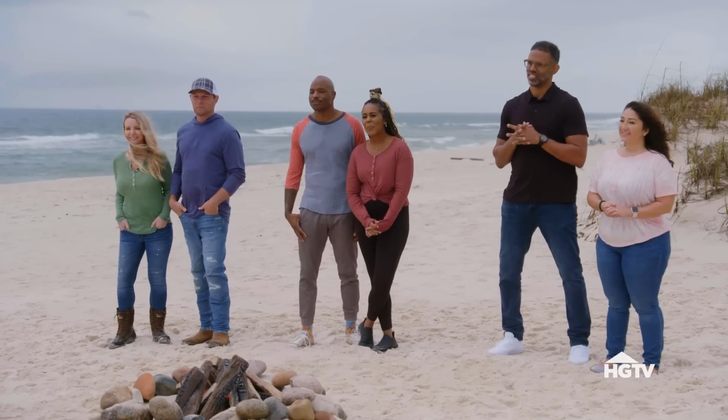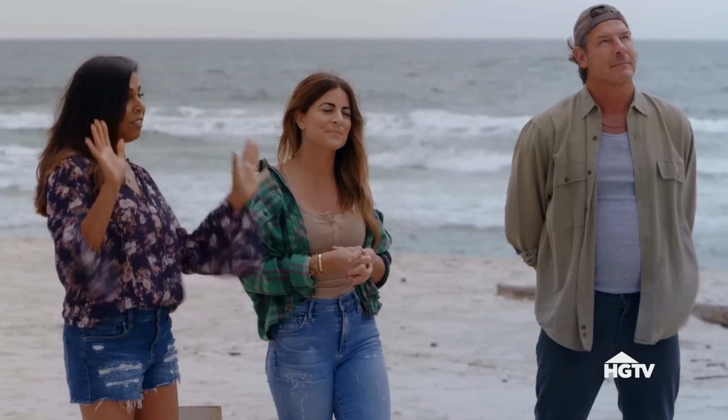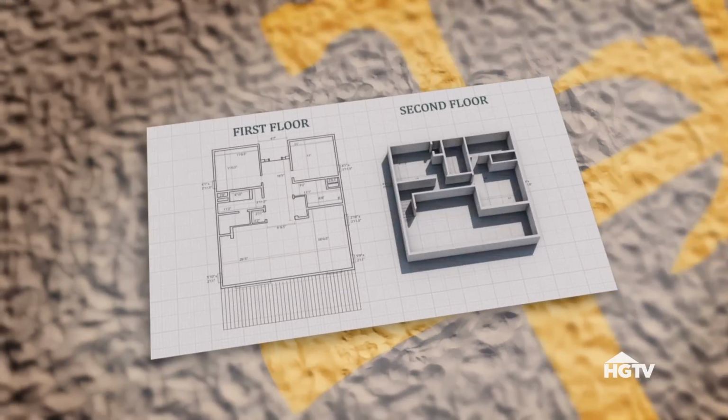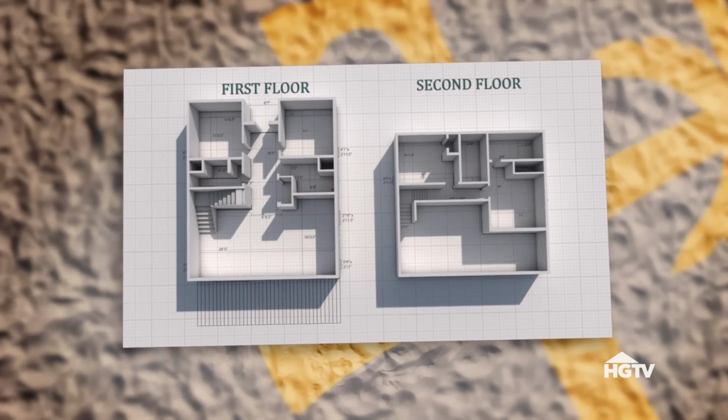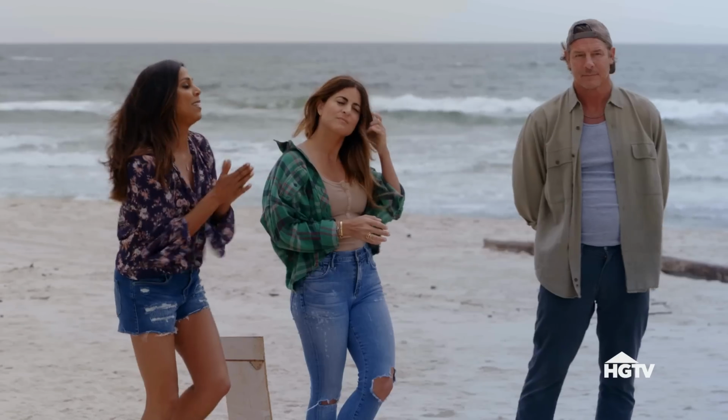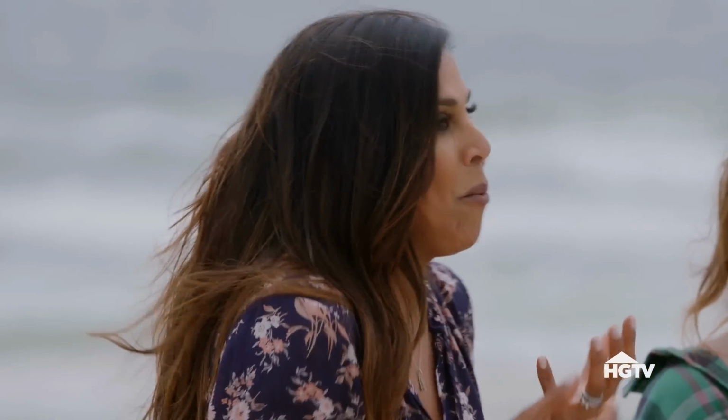When I'm going online and I'm researching for my vacation destination, one of the first things I'm looking at is a comfy, amazing main bedroom. So that's your challenge this week, the main bedroom. Yes. Nice. There's a little twist to this week's challenge. You gotta work with what you have. And by that, I mean...